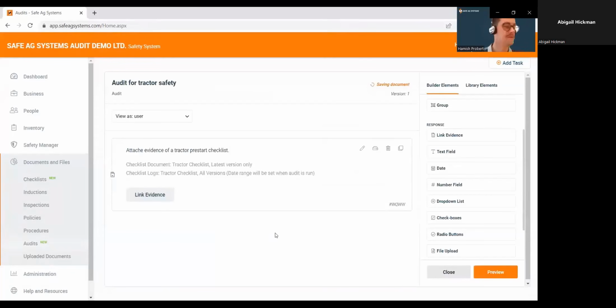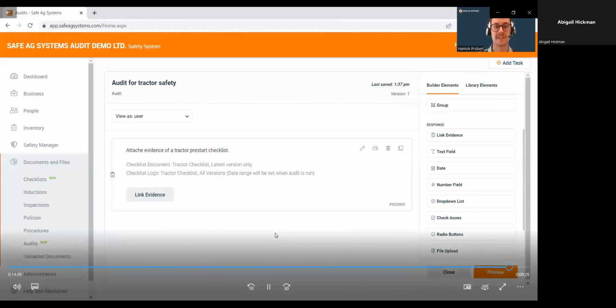But the beauty of building it out and attaching it prior to actually publishing the form is that that tractor checklist will always be there no matter the version, and it will ensure that all the data is being pulled for the set date frame. So what that means is when we were running it and I said no the first time, it would still have that evidence down there, so you wouldn't be missing any. You wouldn't have to attach it.